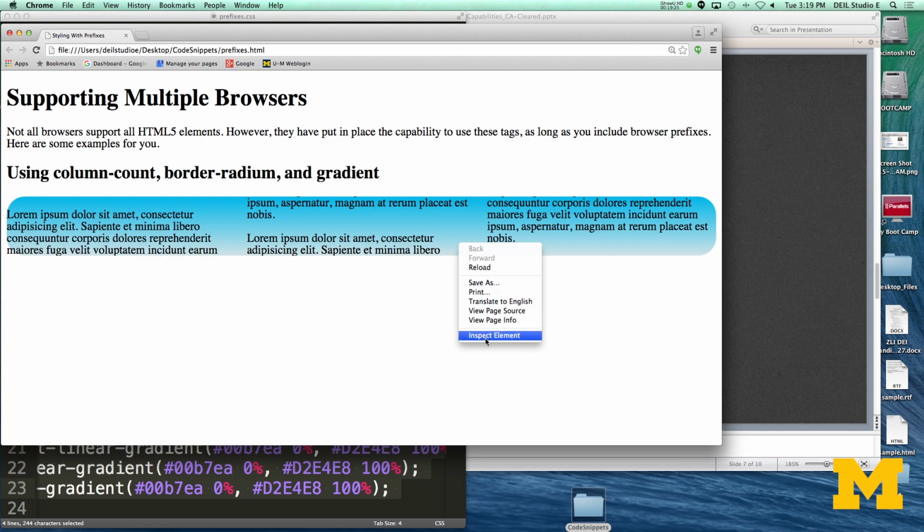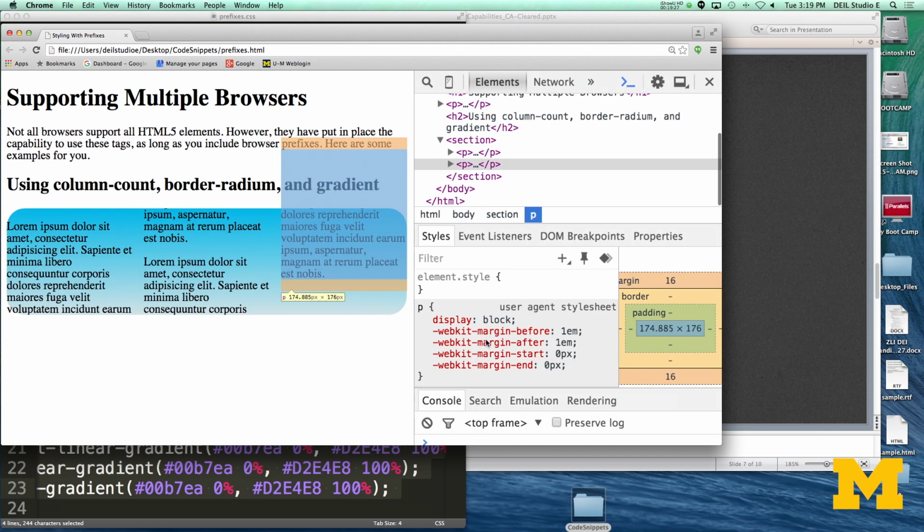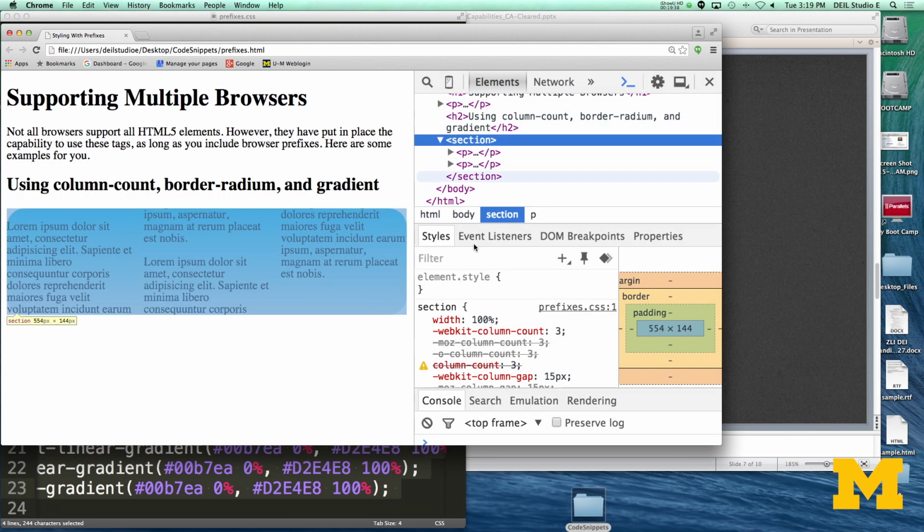Don't try to remember how to do everything. I'm going to right-click on here and do Inspect Element. Because if you decide later that's too much of a curve or you don't like that color, what you don't want to do is type, save, refresh, type, save, refresh. It gets really annoying. So instead, I'm going to go right here to my section, and I'm going to look,